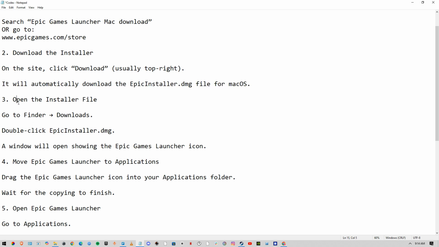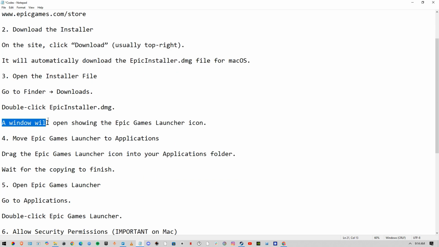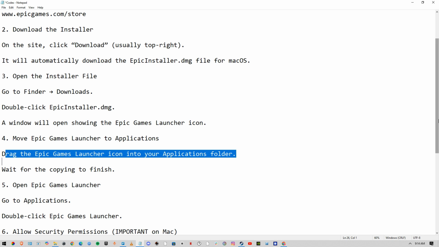And then open the installer file. Go to Finder and then Downloads. Double click on Epic Games Installer.dmg. A window will open showing the Epic Games Launcher icon. And after that, move Epic Games Launcher to Applications. As you know, the MacBook works like that. You just gotta move the Epic Games Launcher to Applications and drag the Epic icon, as I told you,